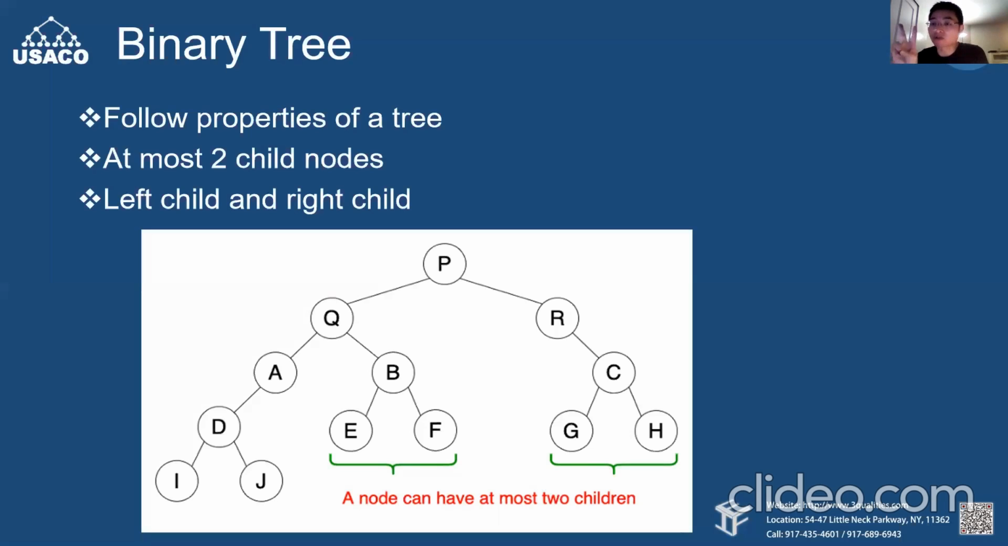Because we have only 2 child nodes, normally we classify them as a left child and a right child. Okay. So for example, in this tree, okay,